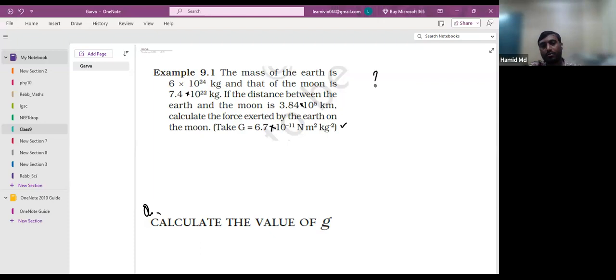So I have to show you the formula. I am writing over here that F will be equal to G, mass of Earth and mass of Moon, by the distance square. Clear? So can you do it? Put the